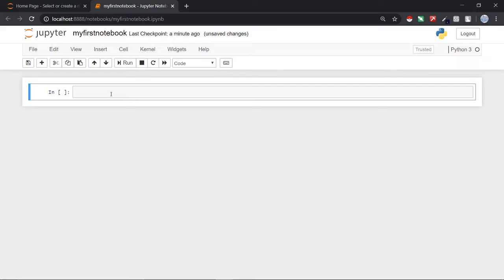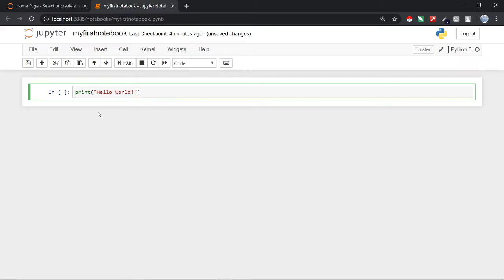So this empty space is the cell in which we will write our code and run it. Let me first show you how you can write code in Python. We will start by printing hello world. To print anything in Python we just use the simple word print, as in the English language, and then we use round brackets. To print any word or string you need to place it inside double quotation marks. Inside here, whatever you write will be printed on the screen. So we will just write hello world.